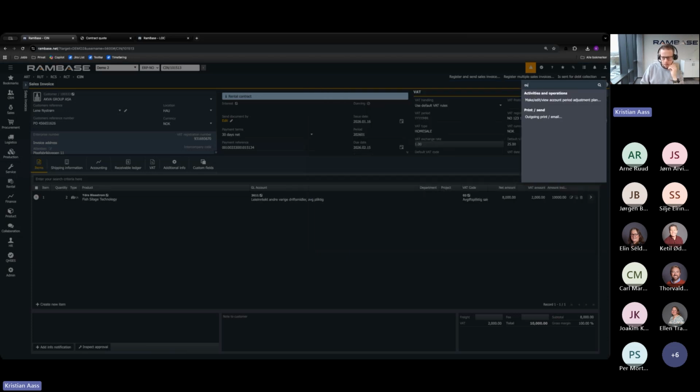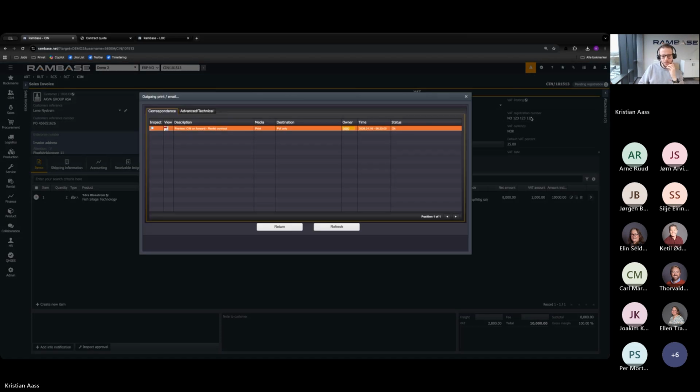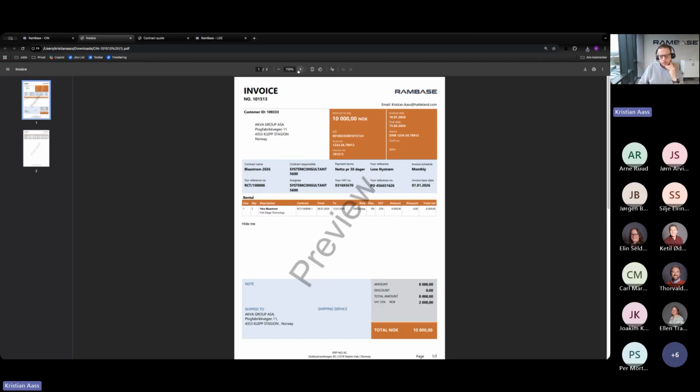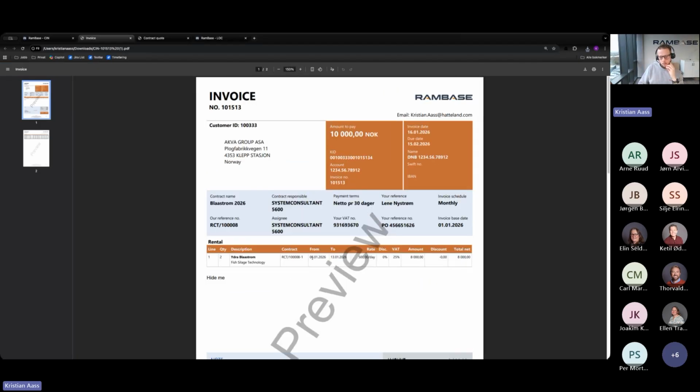Let us see the printout. In this case, we've created an invoice for a week for a specific product from the contract that we have spent some time on. And you'll get information. Again, this is standard, like global standard prints. You'll get information about the contract ID, the period, the rate, and so on. So in this case, you've actually invoiced for